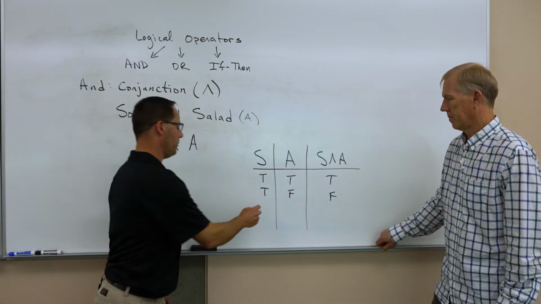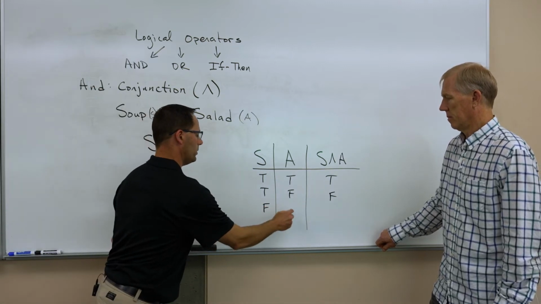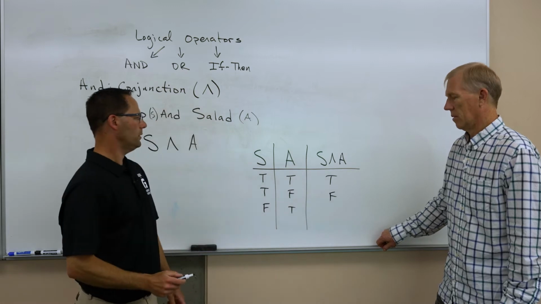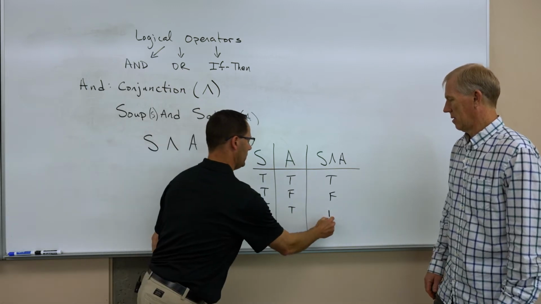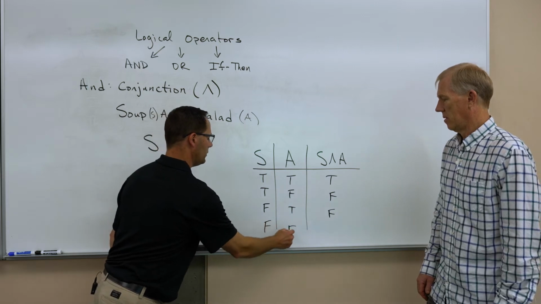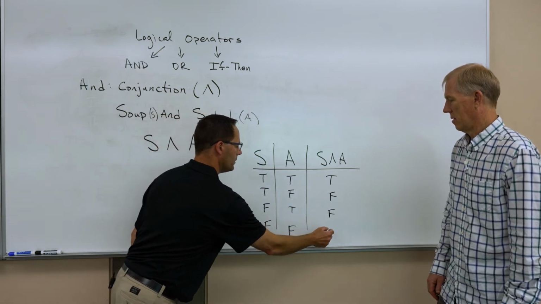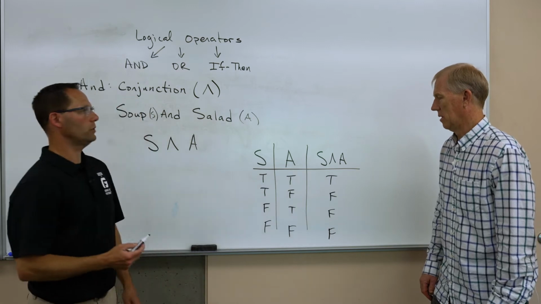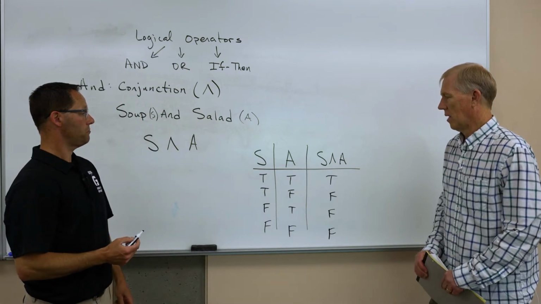Right. Or maybe there's no soup, but there is salad. That's false. So yeah, not. And maybe she doesn't bring any. Doesn't bring soup, doesn't bring salad, and of course that means for sure not true. Yeah. I noticed in making this truth table